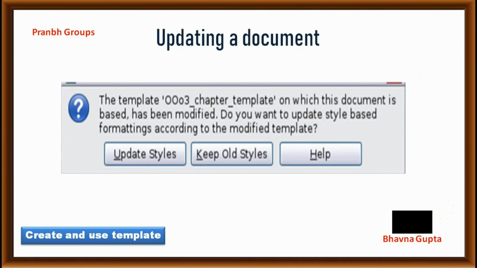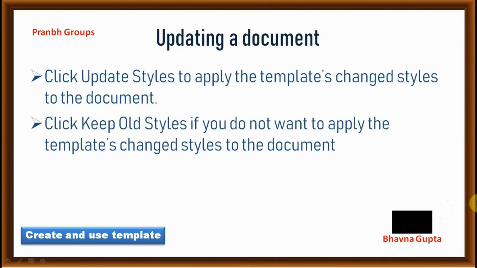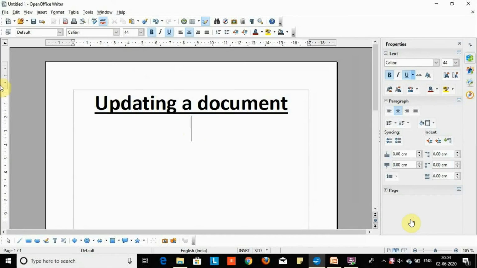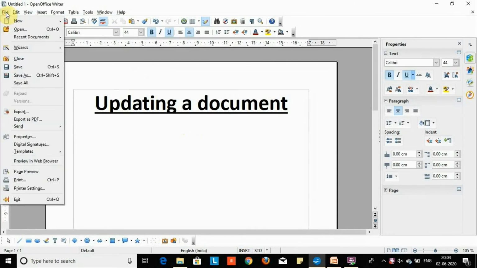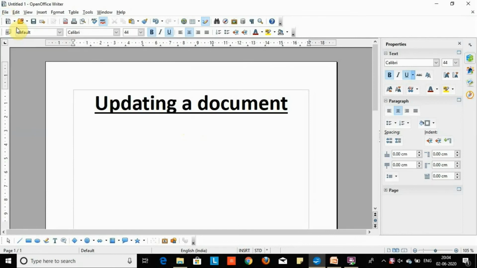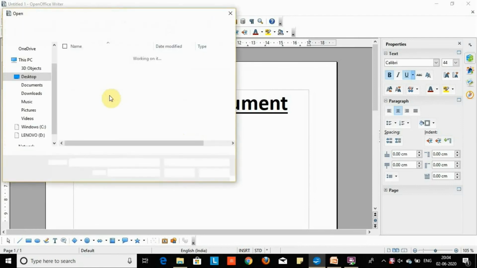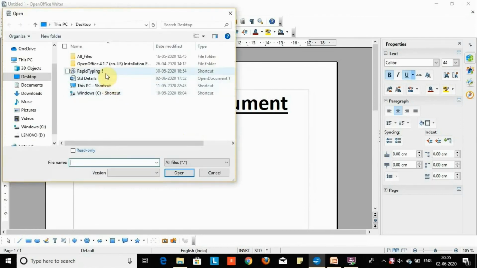And if you want to update a document, the next time that you open a document that was created from the changed template, the following message comes up. Let's do the practical and see how this message appears on the display. Firstly, click File, and then click Open, and select the same file which was created using the template. Select your file, then click the button,